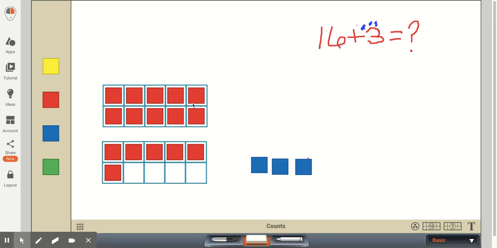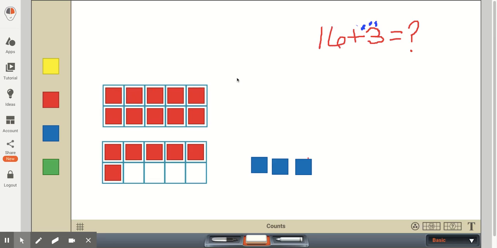Obviously, there'd be no need for them to count each one. And when one row of the 10 frame is filled, we'd like for our first graders to know that that is 5, because 5 plus another 5 would be 10. So here we have 5, 10, 15, plus one more is 16. So there's no need to count. We have 16 counters. We want them to trust that count of 16. And now we're looking to add 3 more.